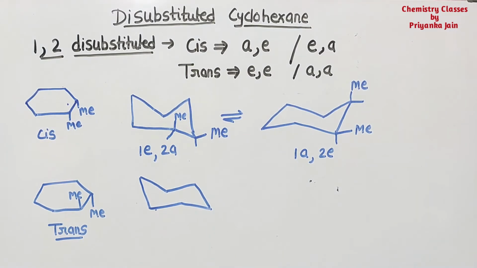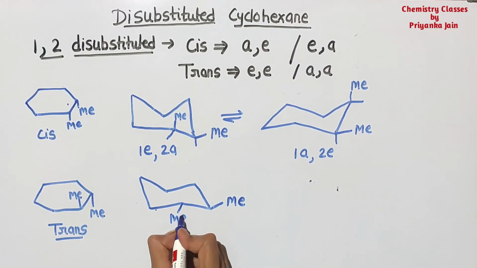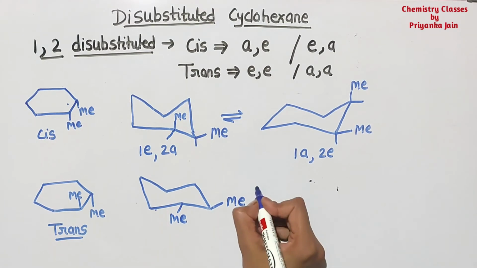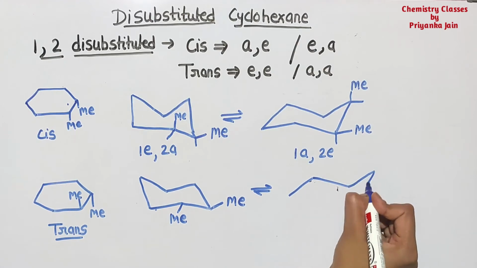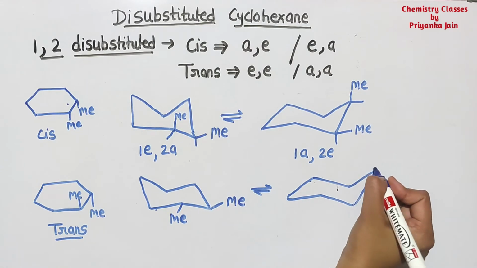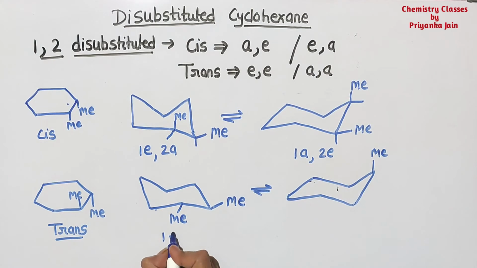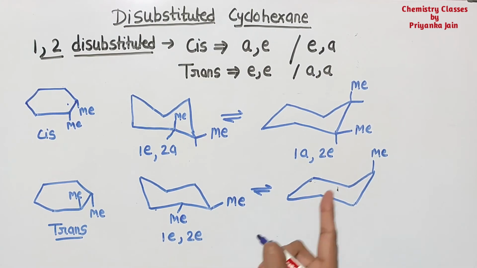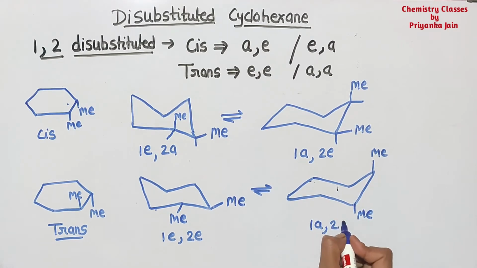Okay, you are making in this manner. So if this is present at this position, this is the equatorial position, then this also will be present at the equatorial position, right? Or if we are making the ring flipping, then we will make in this manner. Okay, so now if here this is present at the axial position, these are both equatorial, one equatorial, two equatorial. Okay, and here one axial and at the two also axial. So this methyl group will be present at this position.